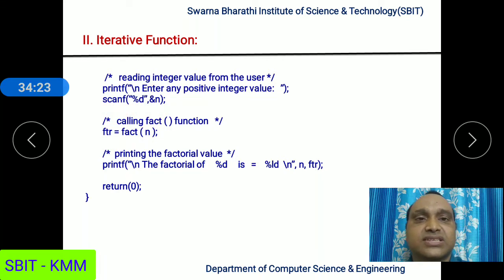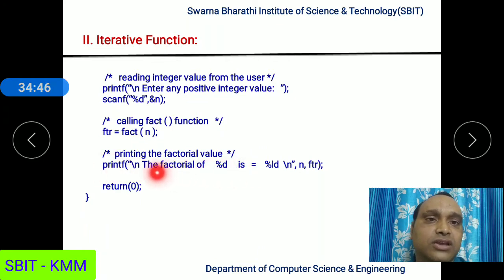Once the fact function is terminated, control comes back to this statement where the fact function returns the product of 1 to n integers, meaning the factorial. That value is stored in variable ftr. fact returns a long integer value, and ftr is also declared to store a long integer value, and then we are